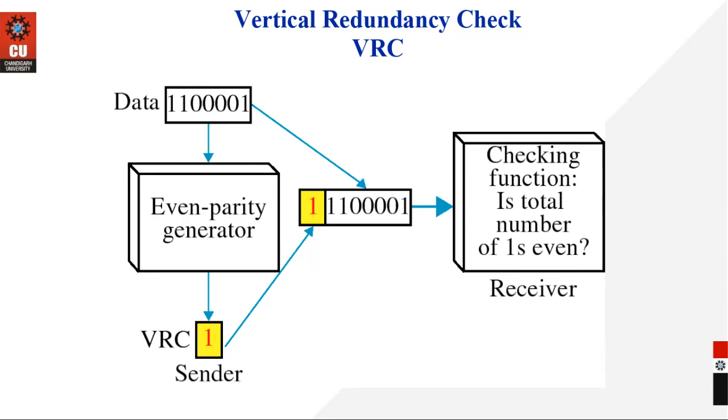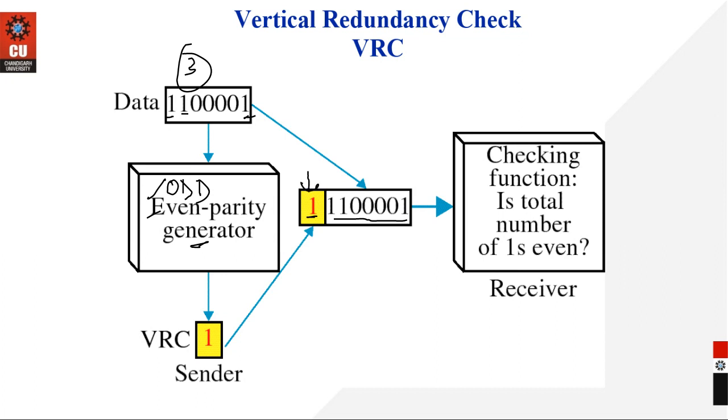In this example, the one which is here in the diagram, they have just used the even parity generator, but this is not a hard and fast rule that you should always use even parity. You can use odd parity also. That's why I explained odd parity to you. So now let's take this example and see. The data is 1 1, 4 times 0 and then 1. How many number of ones are there? 3. Even parity generate कर रहे हो तो क्या use करेगा? 1 use करेगा, because there are 3. So whatever is the original data, along with that you will append 1.